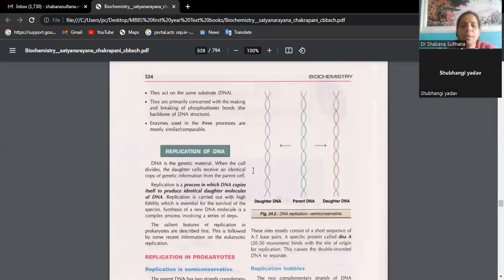Now, coming to replication of DNA. So suppose this is parent DNA. Two different colors have been used here. One is green and the other is blue. Okay. So the parent DNA strand will uncoil itself. Now one side you can see green color has come and the other side you are seeing blue color has come. Okay. So usually on the parent DNA, you will find bases like adenine, guanine, thymine, cytosine. These are the nucleic acid bases which are carried by the parent DNA strand.